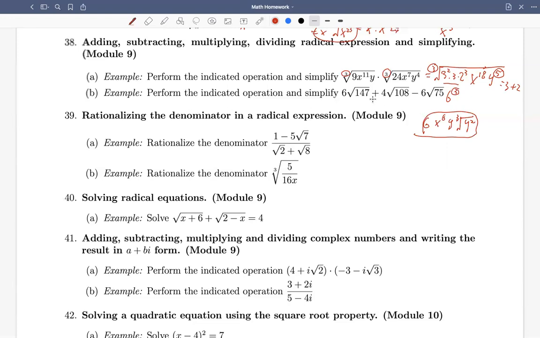For B, we have adding radicals and subtracting radicals. In this case, we need like radicals. So we want to simplify. So let's see, 147 can be split into 2 times